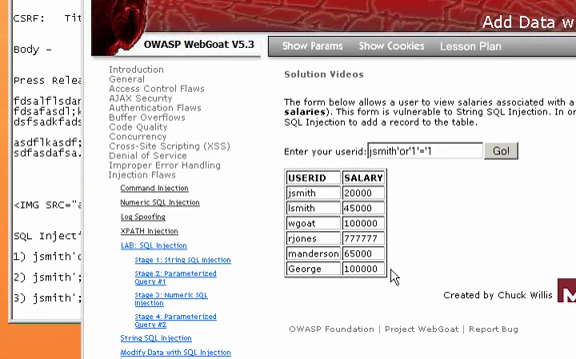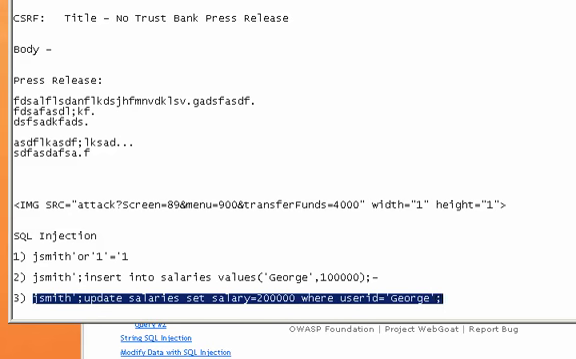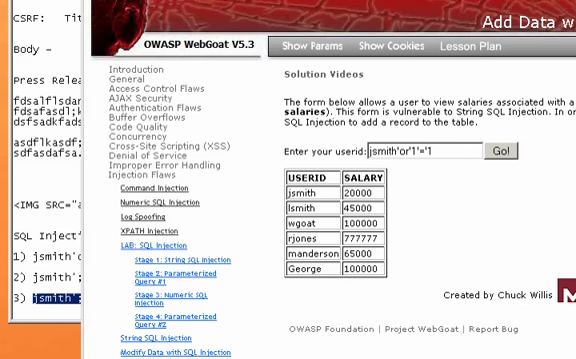Now, let's say that since I'm a hacker, I'm going to be a little greedy, and what I want to do is increase George's salary to $200,000. So again, since I know that this database is susceptible to a SQL injection attack, I could go ahead and submit another command through the search field to update the salary. I'm going to copy my next command. It says the command is update salaries table and set the salary to $200,000 where the user ID is equal to George. So if I quickly copy that and paste it in my search field